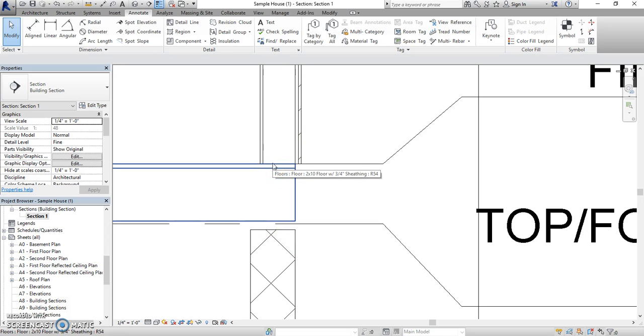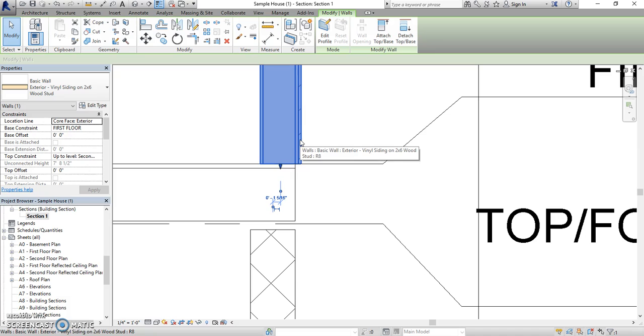It's critical that you have that space correctly indicated between your levels. Otherwise, the elements won't actually physically touch and you'll see a gap. And we want this to look physically the way it would actually be built. First thing we're going to do is we're going to bring this wall down. Now, my first floor wall, the studs will physically stop at the first floor. But for Revit to show it correctly, I'm going to actually bring this first floor down so that we